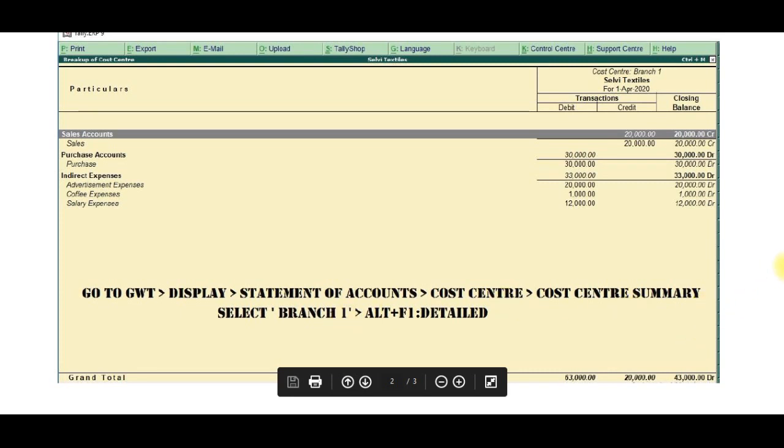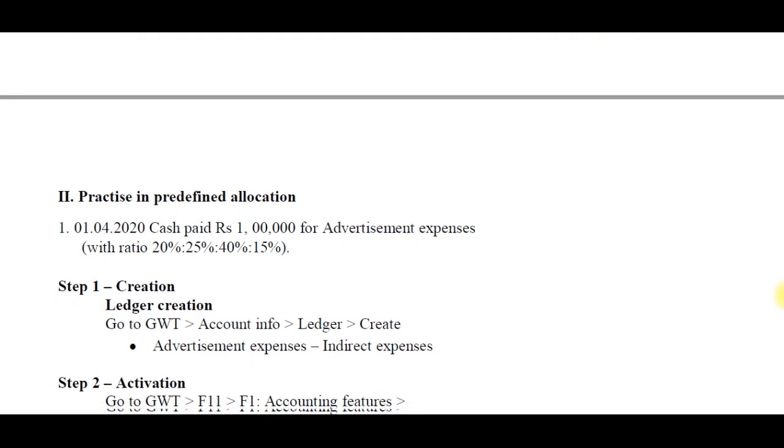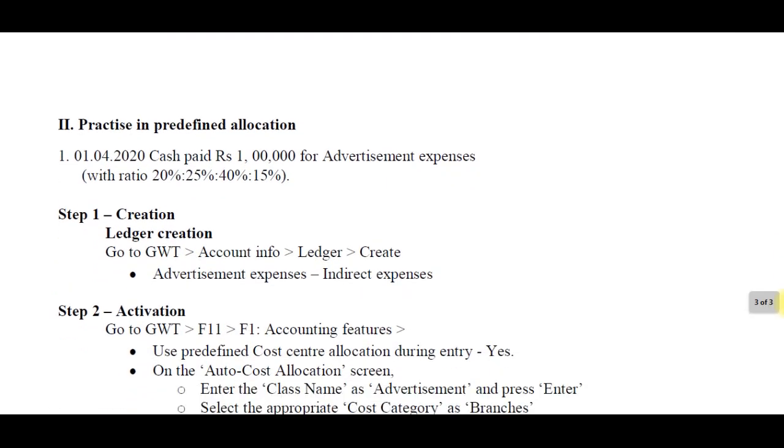Okay, so you also select here branch 1. Practicing predefined allocations, I give only one allocation. Here the advertisement expenses, some of the divisions running in a single unit have multiple divisions, like multiple departments: accounts, sales, production and administration.